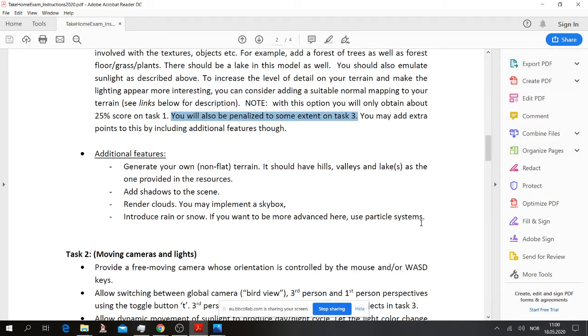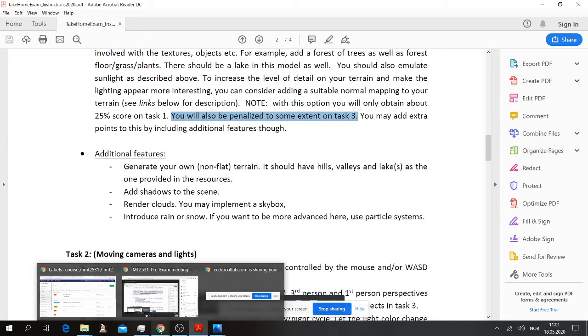Now, in these additional features, there are things I haven't talked about in the lectures, and that's a bit of the point, because as I also mentioned below, you can go beyond this. If you have some idea you would like to implement, you have the possibility to do that. Just make sure you explain that to us in this video or in the README file that you place along with your solution. So make sure that it's available in your repo.